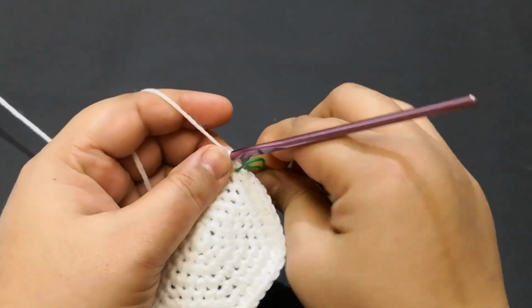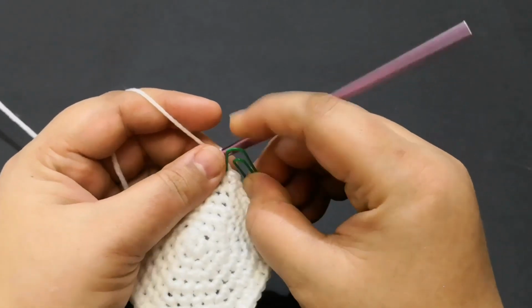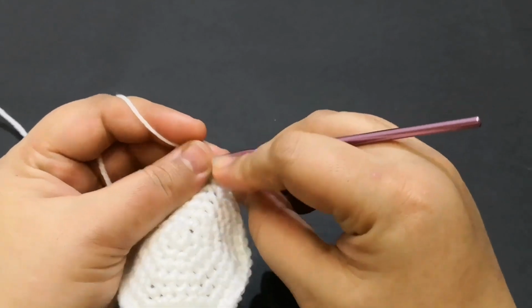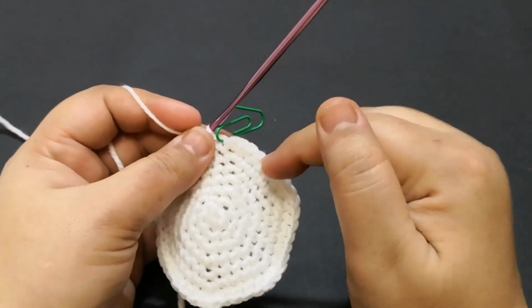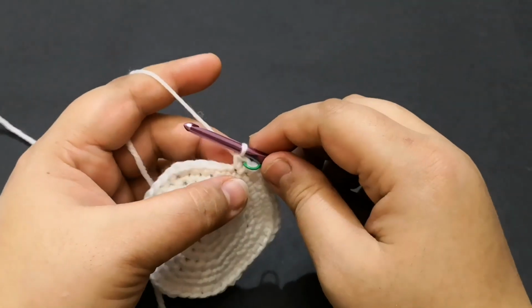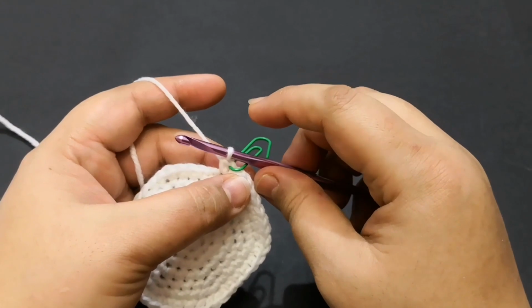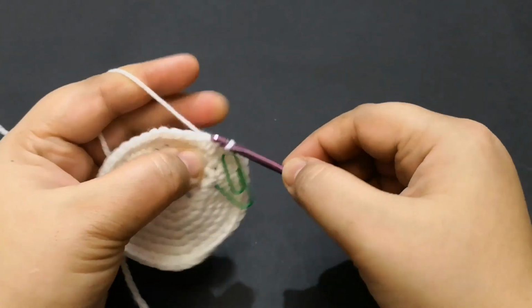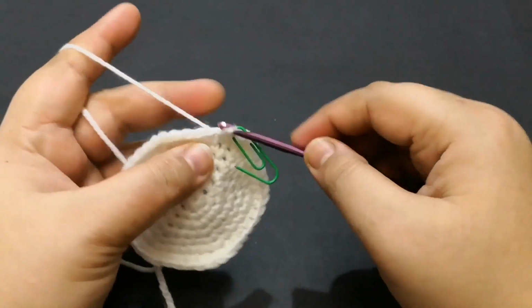And now you have to work 1 single crochet into each of the next 5, total 6. So I have just done the first one, and your end should be 2. When you're doing an increasing round, don't forget to check your end, because when you're at the end, your end should have 2 singles. So I did the first one, then 2,